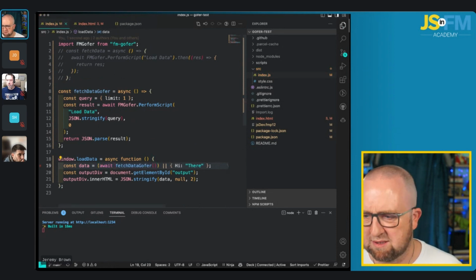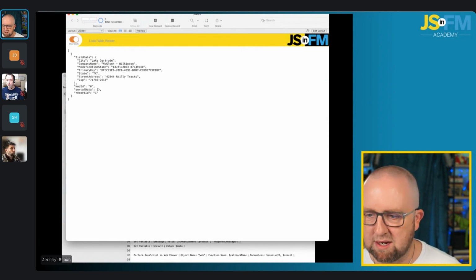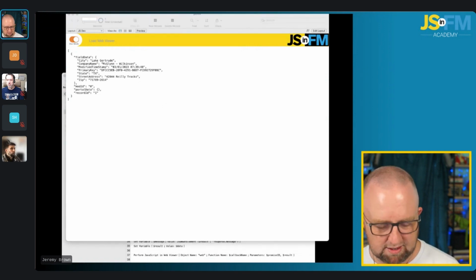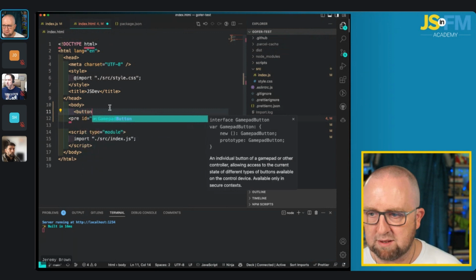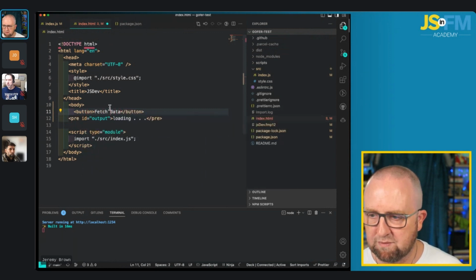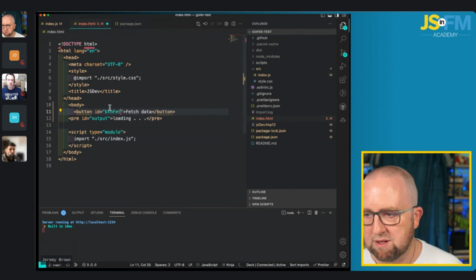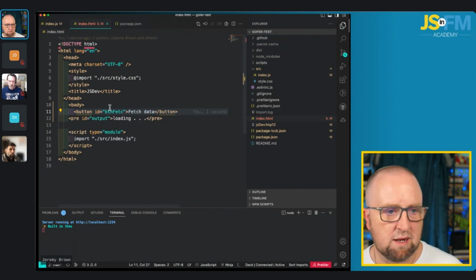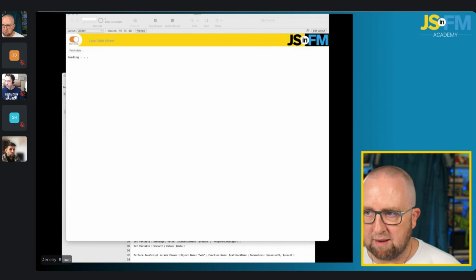So what I would do is, let's get it to work. Okay. So it's working right now. What I would do is I would build a button here. I'll put a button inside of my VS Code or inside of here. Button, fetch data, an ID of fetch. Okay, there we go. We got a nice button. What I would do is, fetch it. Fetch. Okay. Then I'm going to go to my JavaScript and add a